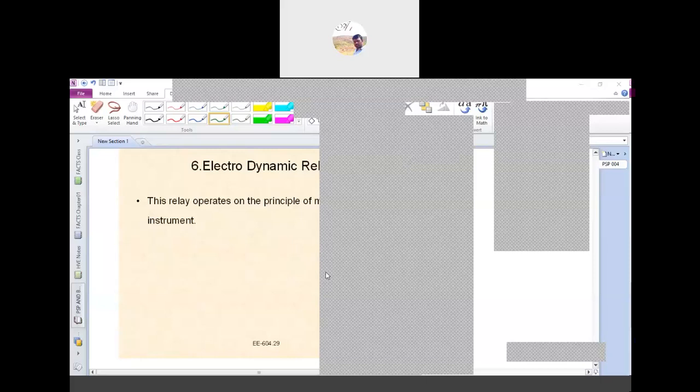Directional relays respond to the current direction. If a predetermined current direction is there, it will work only from that. If the current direction of the input signal varies, at that time it will give the fault signal. These directional relays are mainly used in ring type distribution systems, where reverse current flow occurs, so they are very useful.